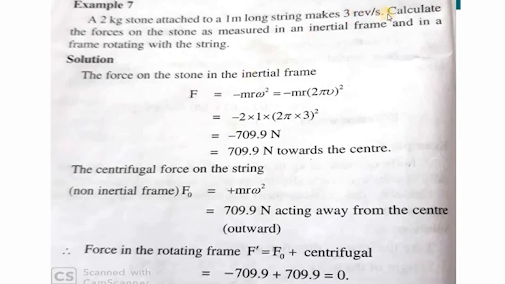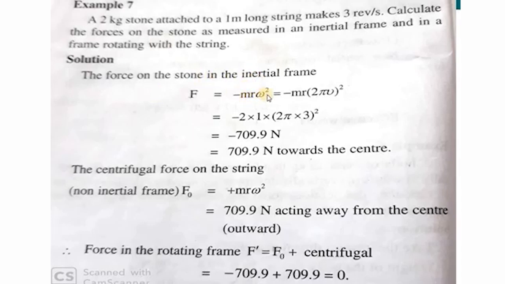So, for an observer who is standing outside and observing the stone, what will be the force? We have to calculate the force. And another observer who is standing in a frame rotating with the string. And for a person who is standing on the string and observing the motion, what will be the force experienced? Force acting on the stone in an inertial frame for an observer who is standing outside and observing is simply